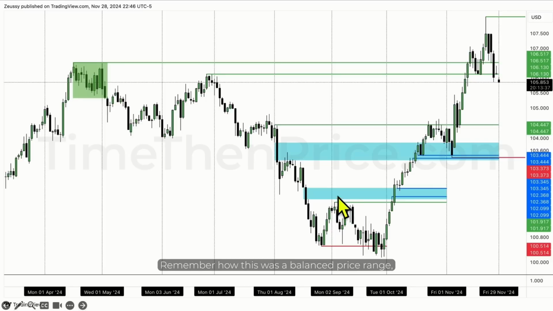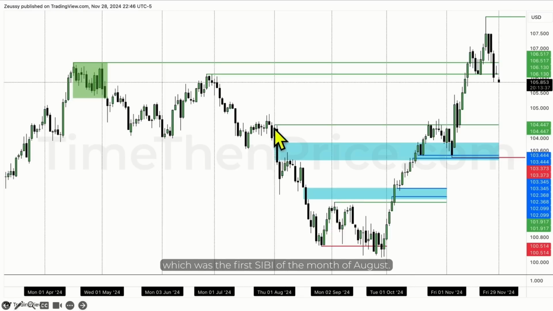Remember how this was a balanced price range, but the price delivery here is also now balanced the moment that we retrace and expand away from it. If you do not understand that, I highly suggest you watch my lecture on the topic of balanced price ranges. We can see that the dollar expands towards the upside and eventually it trades into that CB